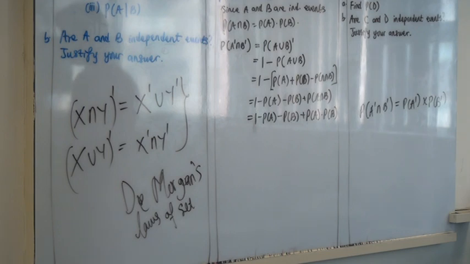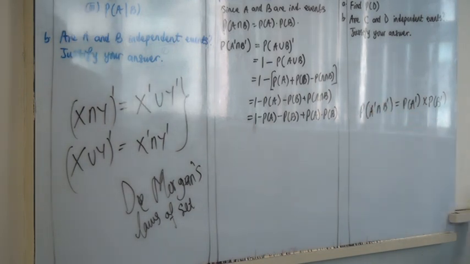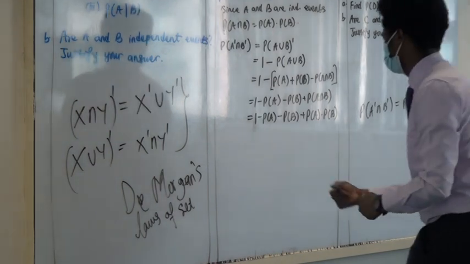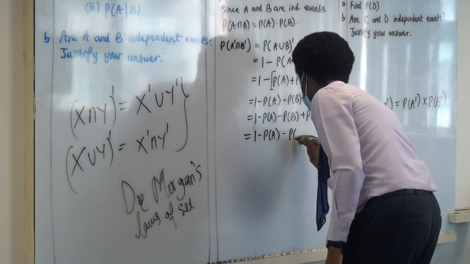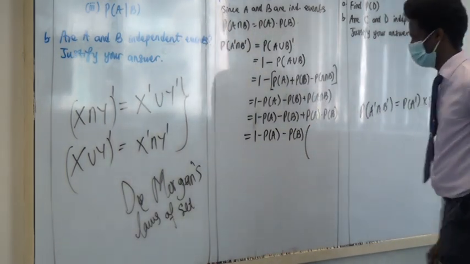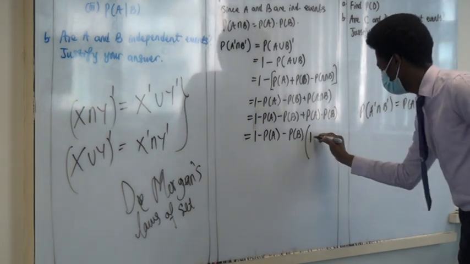Are you kidding? No, not like that. What can we factorize? Everybody look. Probability of B. Thank you. So what do we get? 1 minus